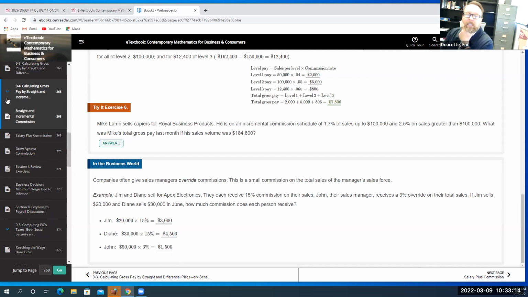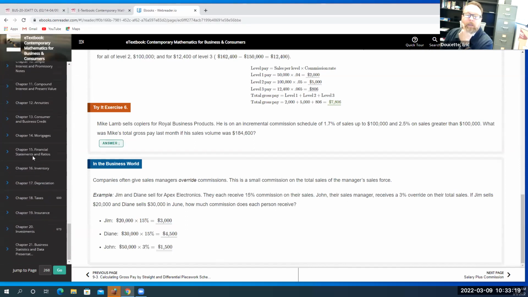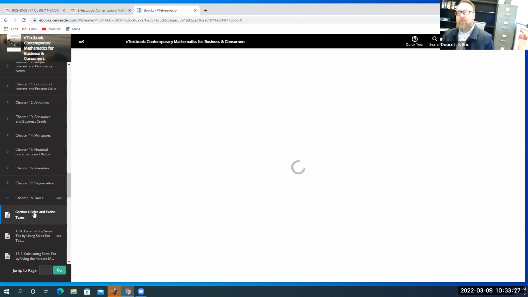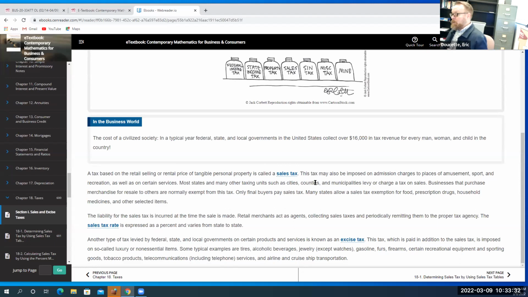And then as far as chapter 18 goes, it's actually the easiest chapter of all. And the only reason I threw it in here is it deals with taxes. And by the way, I don't get into anything but the first two sections on this one. So all it is, you're figuring out sales tax, which we do all the time, don't we? When we buy something at the store, we figure out sales tax, right? Yep, 8%. Another thing called excise tax, which is a tax paid in addition to sales tax, and it's on items like alcohol and jewelry and things like that, gas, firearms, as it says here.